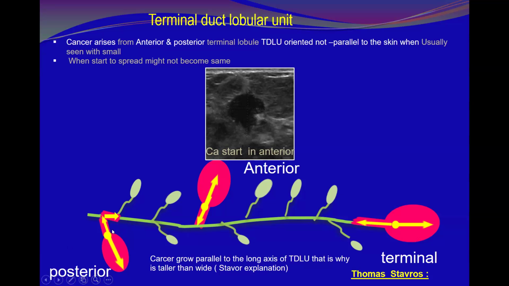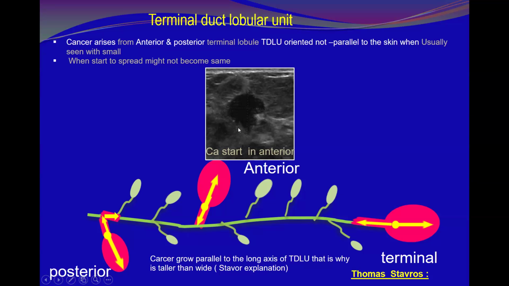You see, the posterior, very soon, because of the short extralobular terminal duct, very quickly it will infiltrate the main ductal system, or it will hit the main ductal system. But the anterior one will take a longer time. So you expect to see a larger mass here before the main duct gets involved. And if you look here, this is the lobule, and that is the extension pointing toward the ductal system. It gives you that appearance.